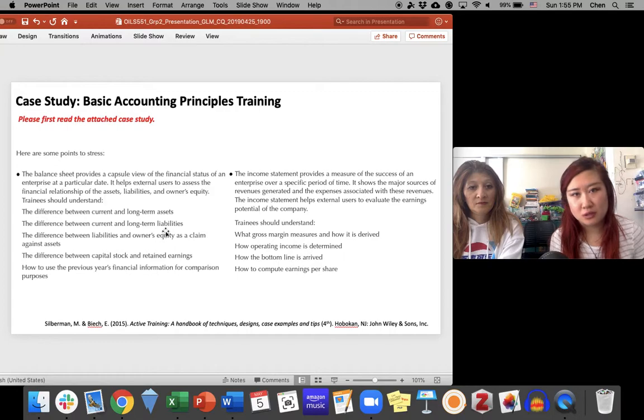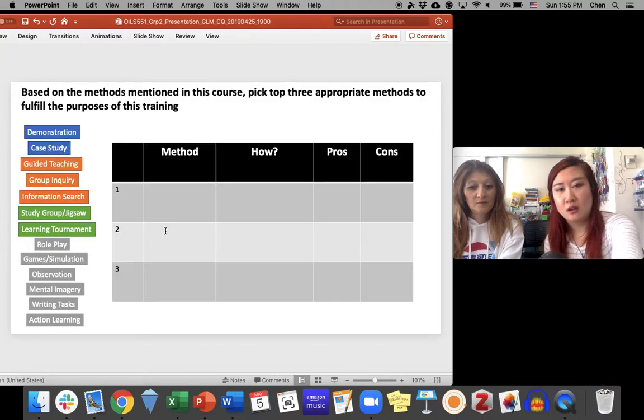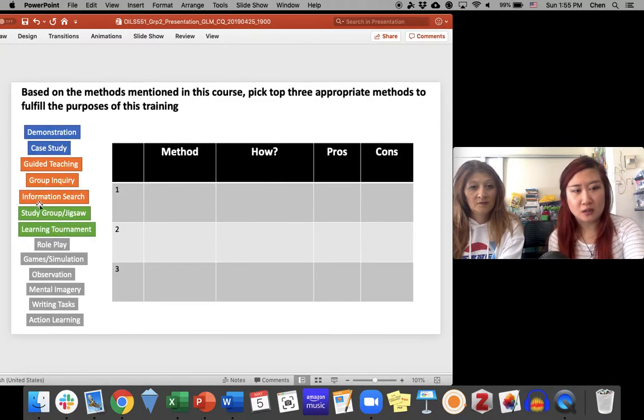So we want to go through this case with you. First of all, we have put all of the alternative methods that we have presented on the left. This is the list that we have mentioned. Based on the methods that we mentioned before, can you pick the top 3 appropriate methods to fulfill the